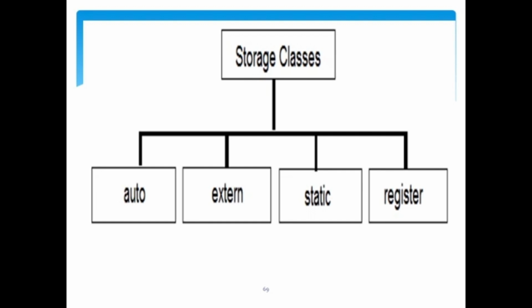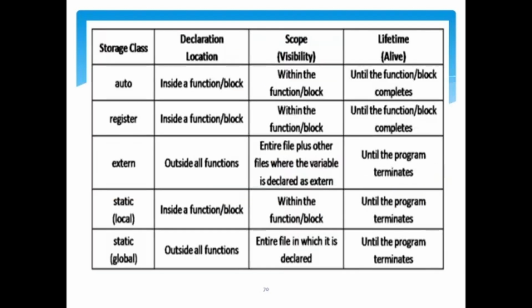And the storage classes in C, it is also one of the most important and prominent concepts in C. There are 4 storage classes: auto, extern, static and register. So storage classes, what are the locations, declaration locations, and its perspective, scope and lifetimes. Okay,